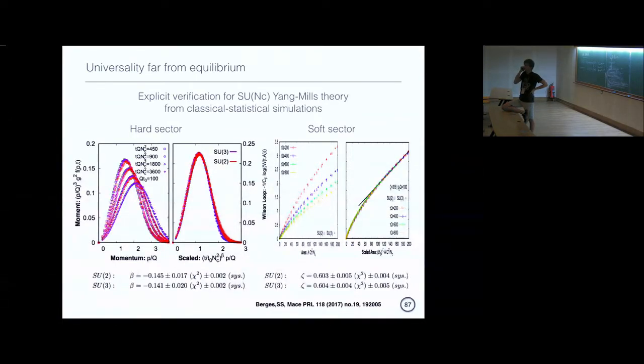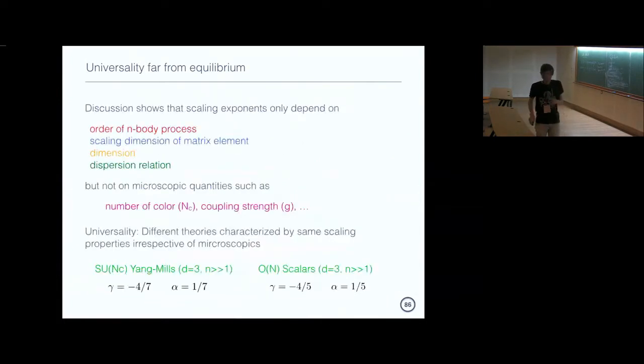My question is related to Ayan's question: whether these scaling exponents that you derived depend on your theory, like whether it is scalar or SU(N). No. Okay, sorry, because the way you derived it is just the Boltzmann equation. Yes, but of course the Boltzmann equation will look different for a scalar field theory as opposed to a gauge theory.